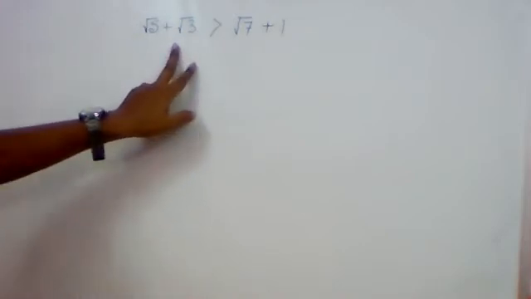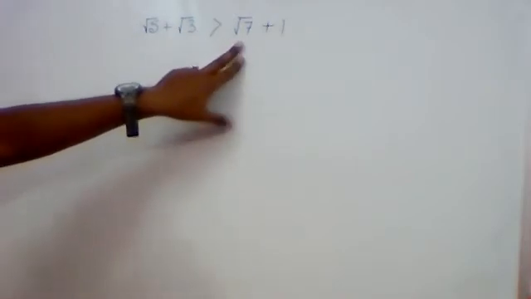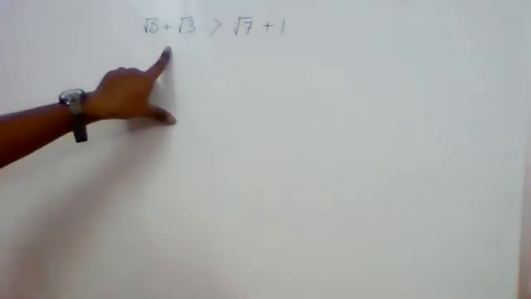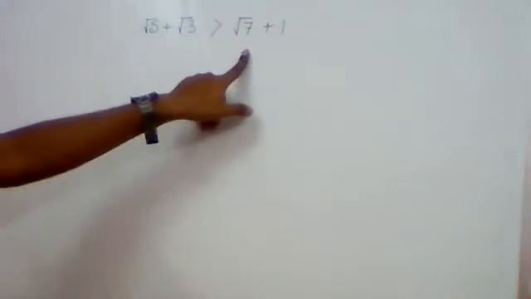Okay. How to show this one? Before going to start, we have to explain something. Root 5 is an irrational number. Root 3 is also an irrational number. Their sum is also an irrational number. Here root 7 is an irrational number, but 1 is rational, but the sum is irrational. So you have to show this irrational number is greater than this irrational number. Directly we cannot compare, so we have to adopt some analytical method to show that the first one is greater than the second.